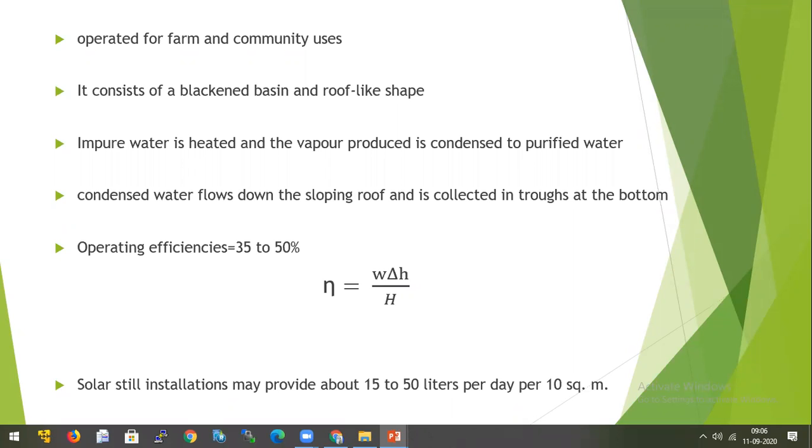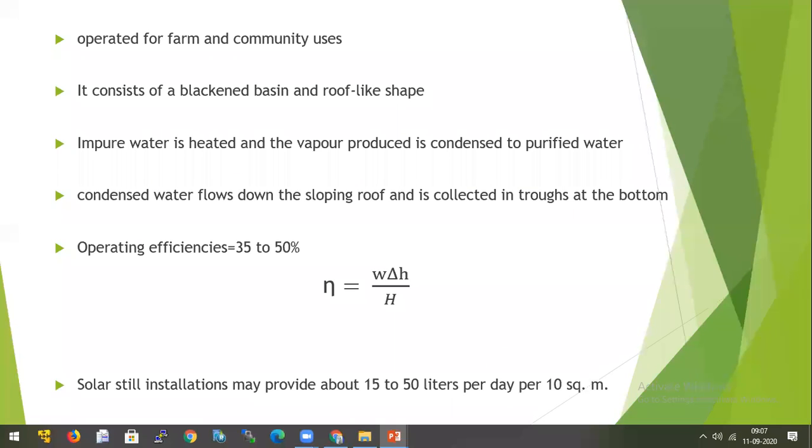And the performance rating and efficiencies of solar still are determined by plotting graphs of the amount of fresh water produced per unit of basin area in one day versus the solar radiation intensity over the same period. If you plot, we can have the performance rating and efficiencies of the solar still. Such curves are still drawn at present days.